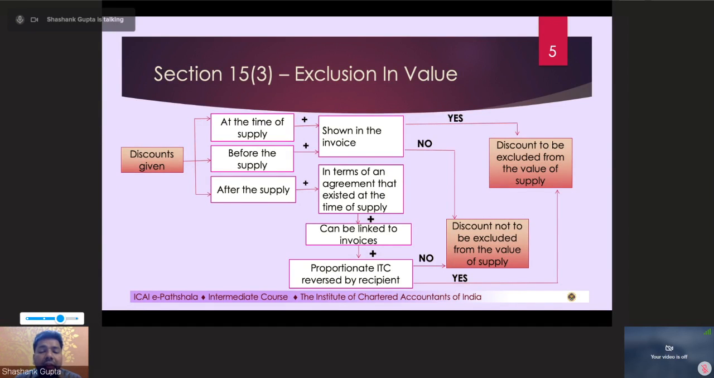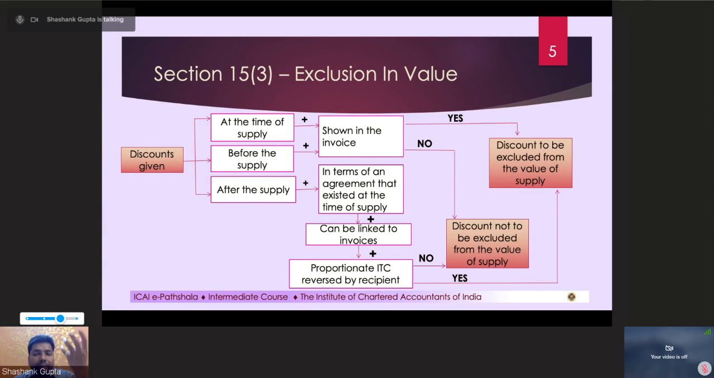Plus, proportionate ITC is to be reversed by the recipient. So when I'm saying that 10 crore worth of target is achieved, it means that on 10 crores GST has already been paid to the government, right? And now if 10% incentive is being given, that means that 1 crore worth of incentive, or post-supply discount, is now being passed on. So for this 1 crore,